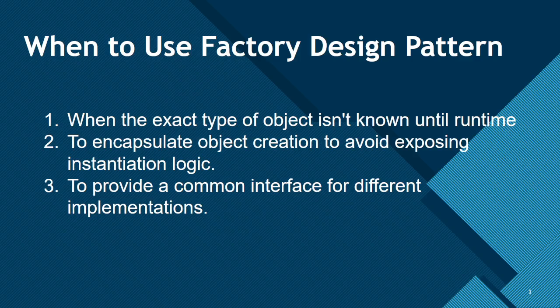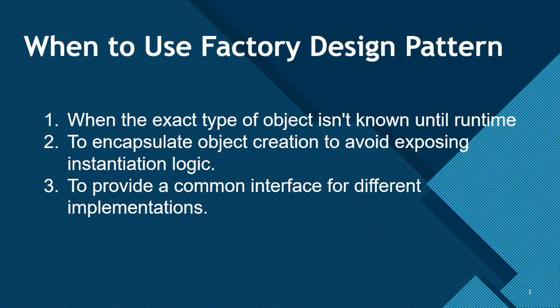Moreover, this pattern is used to provide a common interface for different implementations. It's often necessary to interact with different implementations of a common interface. For example, you might have a payment processor interface with multiple implementations like Square processor, Stripe processor, etc. Each of these implementations has its own specific behavior, but they all adhere to the common payment processor interface. A real life example can be an e-commerce application that supports multiple payment methods. By defining a common method which does a payment, the application can handle different payment types.